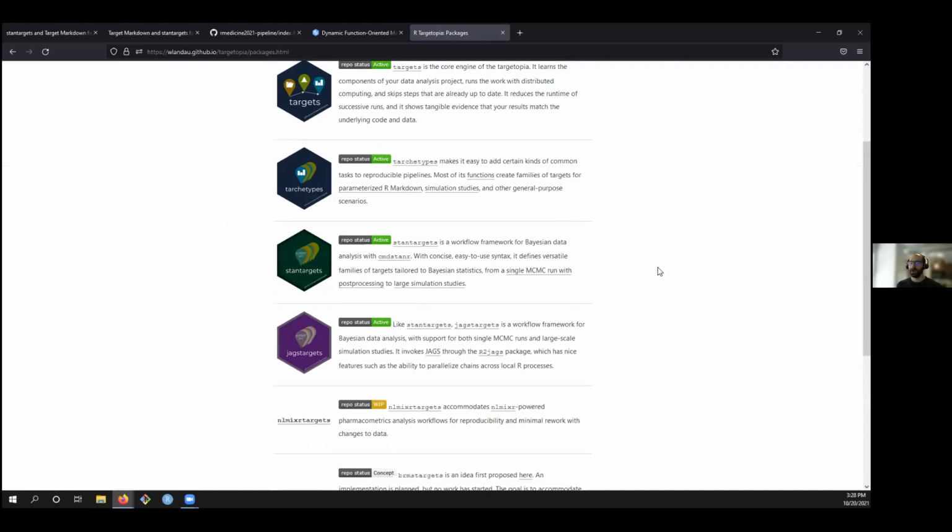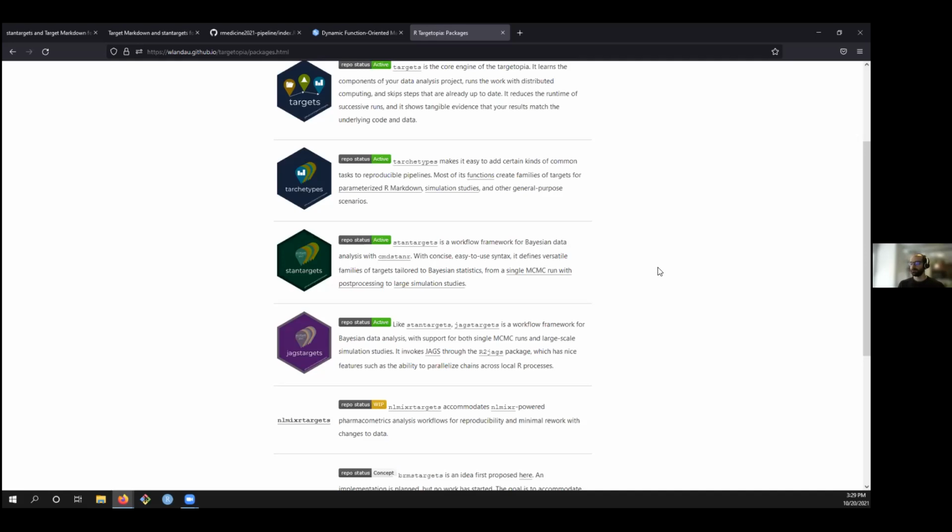And if you have a kind of workflow that you like and you would like to make this easier to do in targets with some target factories in a package, then by all means, let's talk and let's see what we can do.